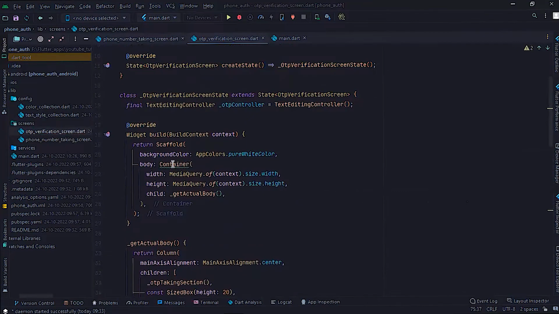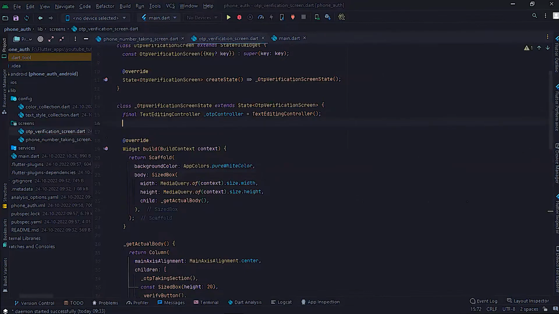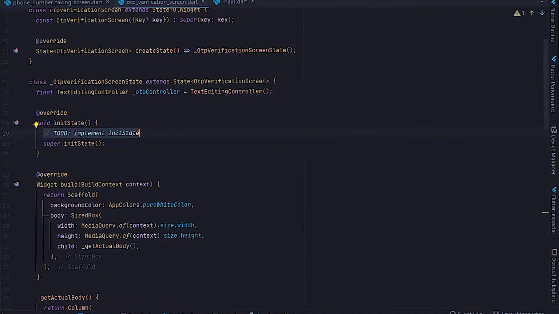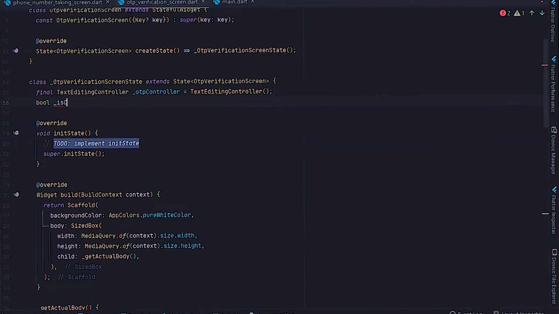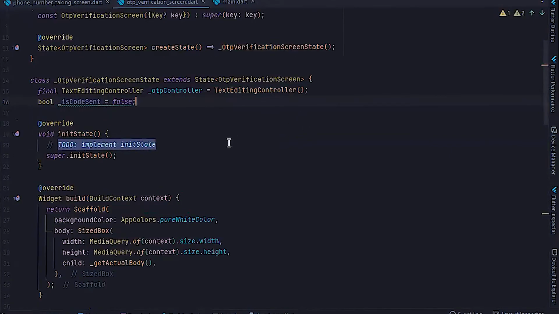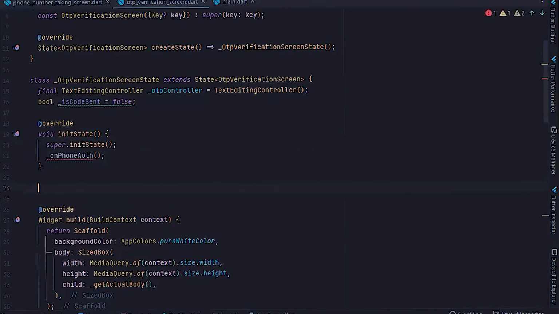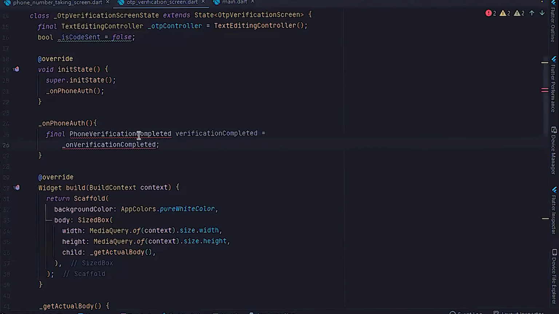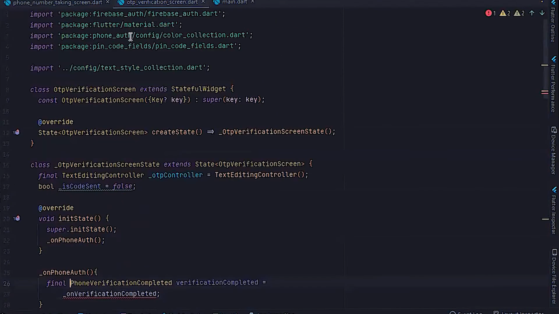Now we have to just focus on when the OTP will come and when we send the request to Firebase. So for that we have to make an initState here, and we have to call some methods from here. Here we have to declare a variable isCodeSent. So when the process is completed, the code is sent, and that will manipulate the value. And here you have to call, just below the initState, the phone auth. So what we have to do here, we have to check with the method whether phone verification is completed or not. So we use Firebase auth here,